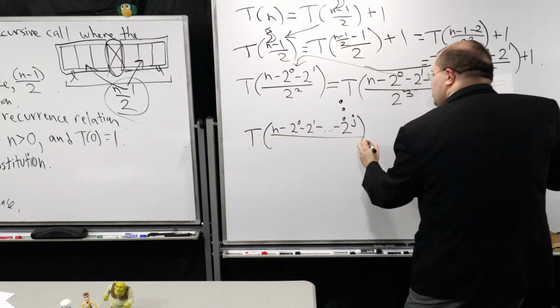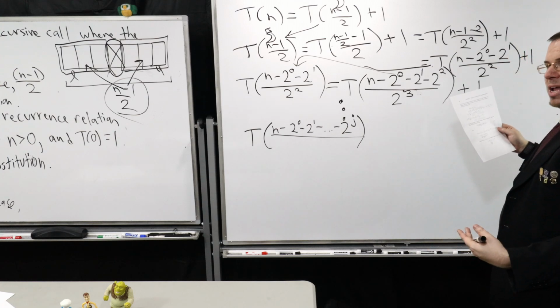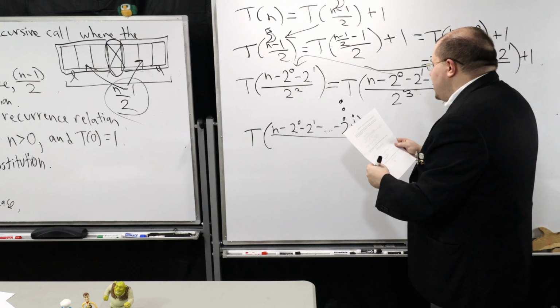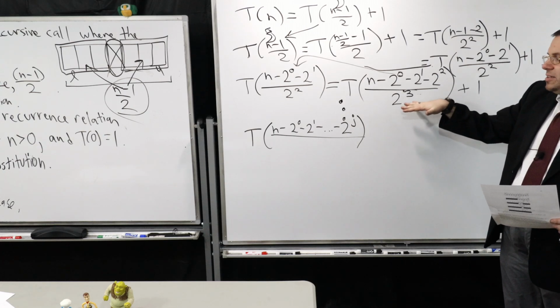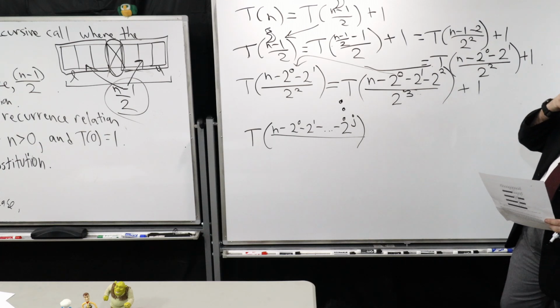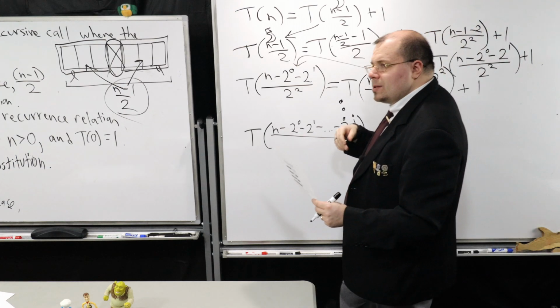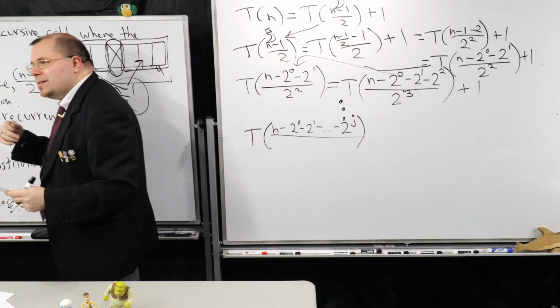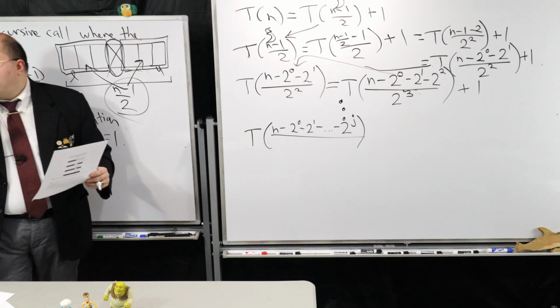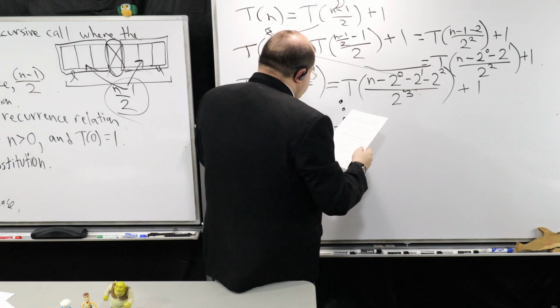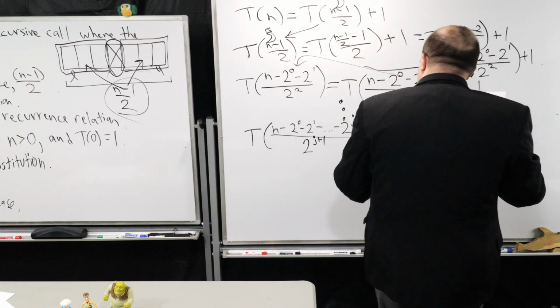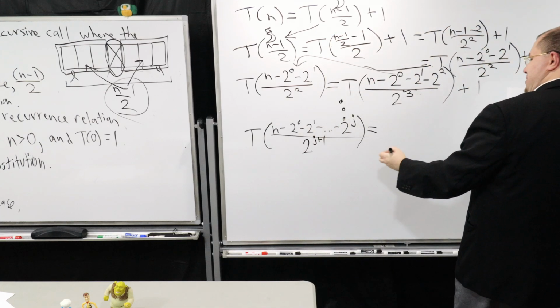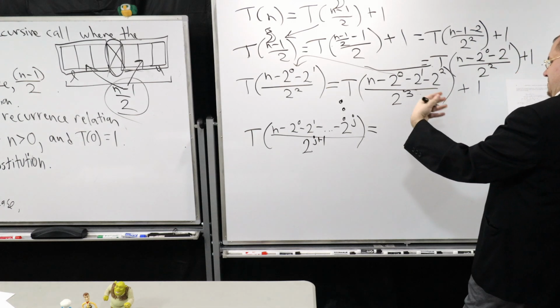So we're going to try and keep applying this over and over again until we hit the base case. But if I tell you that this exponent's j, what should the exponent be in the denominator for the 2? Yeah, it's 1 higher, exactly. It's going to be 2 to the power of j plus 1. Now, if I substitute this one in, so you do this several times,